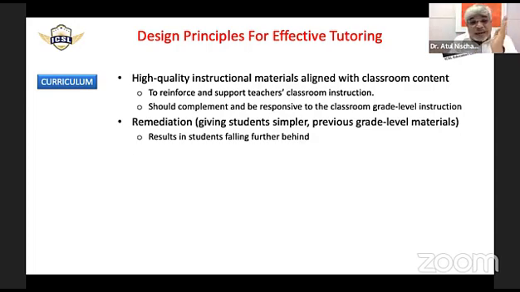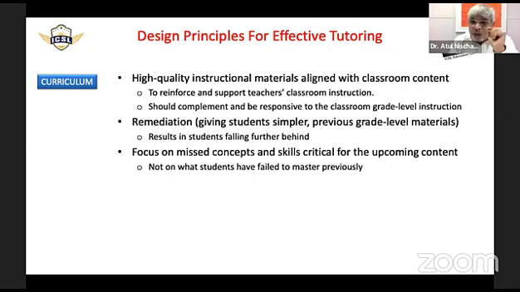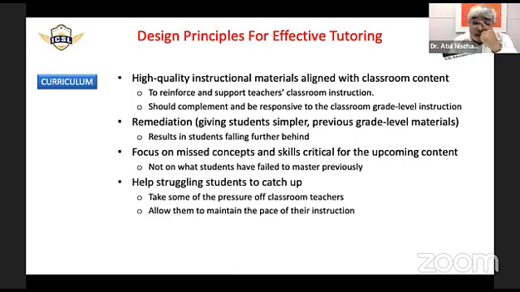We have to focus on exactly what is happening in the class and what are the concepts and skills required for the upcoming class. So अगर circles पढ़ाया जा रहा है, तो circles पे ही tutoring session होगा, वो पिछली class पर नहीं होगा. We should not focus on what the kid has not mastered previously, but focus on what is required for the upcoming lecture. And in some sense, a tutor also helps the classroom teacher and takes some pressure off if he allows the students to catch up, build that kind of competencies that the student can come up to the level where he can start understanding what is happening in the